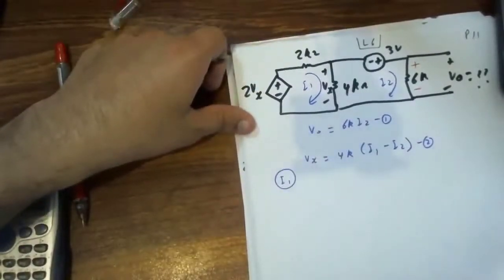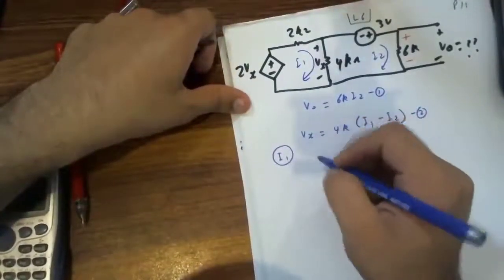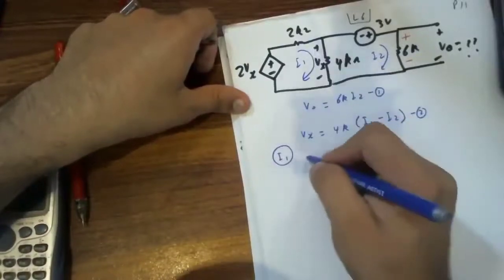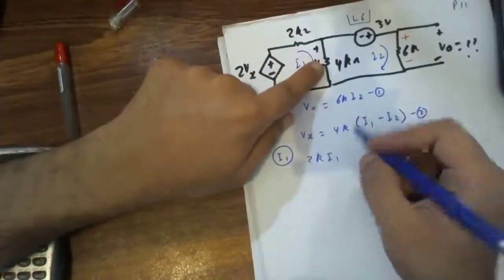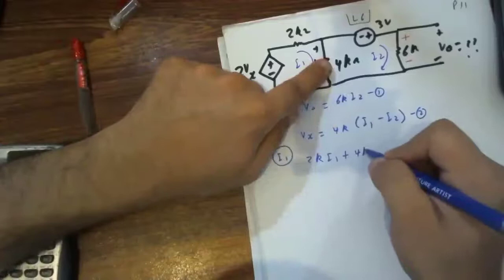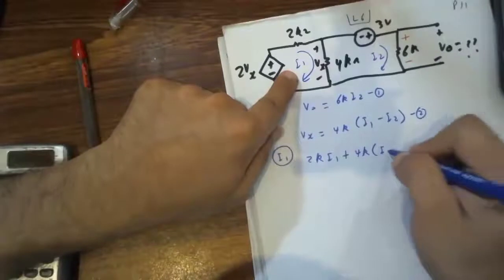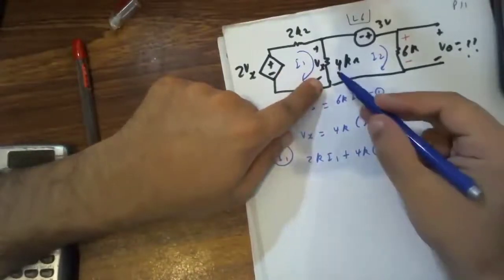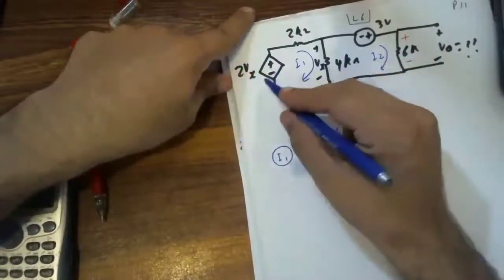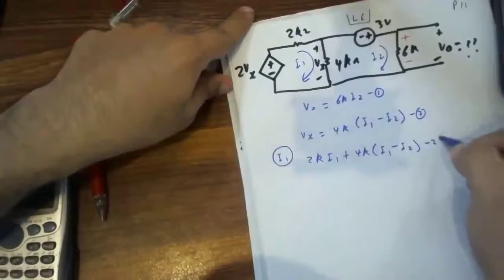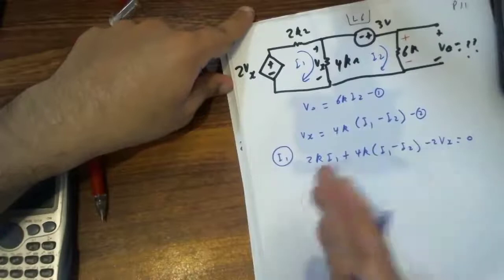So let me apply KVL to I1. I will apply by using the third method, in which पहले सबसे आगे 2K आ गया, 2K में से कौन सी करंट फ्लो कर रही है, सिर्फ I1 फ्लो कर रही है, सो I1, फिर आगे प्लस ये 4K आ गया मेरे पास, इनटू इसमें से मैं किसके लिए अप्लाई कर रहा हूँ, I1 के लिए अप्लाई कर रहा हूँ, सो I1 को पॉजिटिव और कोई करंट है तो वो माइनस में, 4K में कोई करंट फ्लो कर रही है वो कौन सी I2 है, सो ये क्या हो गया माइनस I2। जब मैं यहां पर आया तो आगे क्या आ गया -2Vx, सो -2Vx इज इक्वल टू 0।